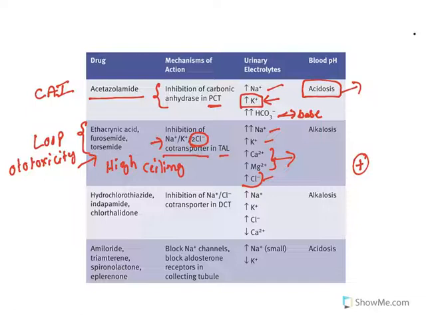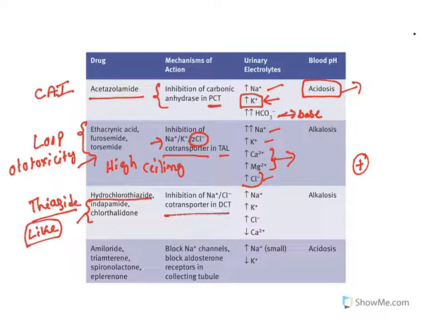Now moving further, next thiazide diuretics, thiazides. Thiazide diuretics, the name is because of a particular ring. Hydrochlorothiazide is a thiazide diuretic, whereas indapamide and chlorthalidone are known as thiazide-like diuretics. They do not have thiazide structure, but they act in a similar space. At the distal convoluted tubule, they inhibit the sodium chloride co-transporter. Now these thiazide-like diuretics have a high half-life. Hence they are preferred. It means one dose per day is enough. That is the reason why these drugs are preferred nowadays over thiazide diuretics.